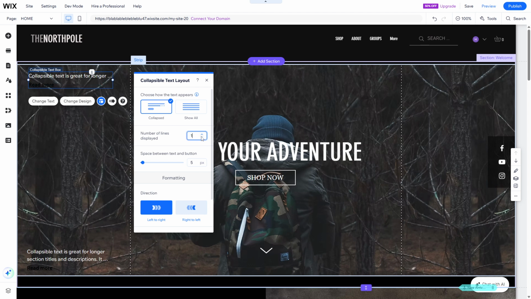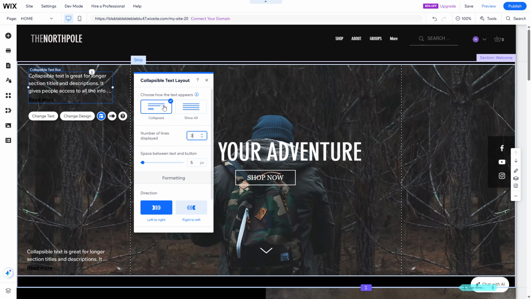You have two primary options to choose from, each with its own unique function. The Expand option allows you to display a set number of text rows initially, followed by a Read More button. When a visitor clicks this button, the rest of the text expands directly on the same page, providing a seamless viewing experience. Alternatively, if you prefer to direct your visitors to a different page or section for more detailed content,